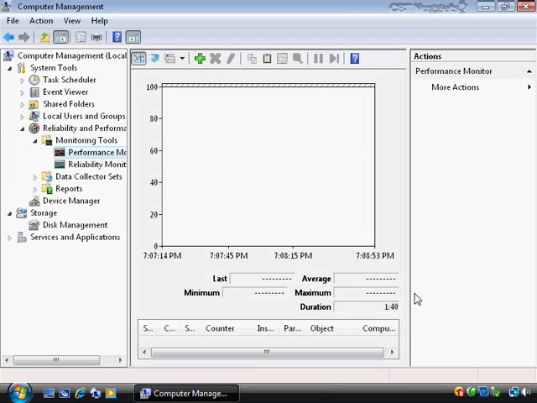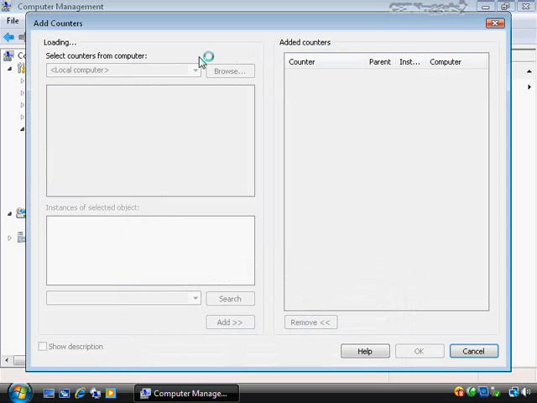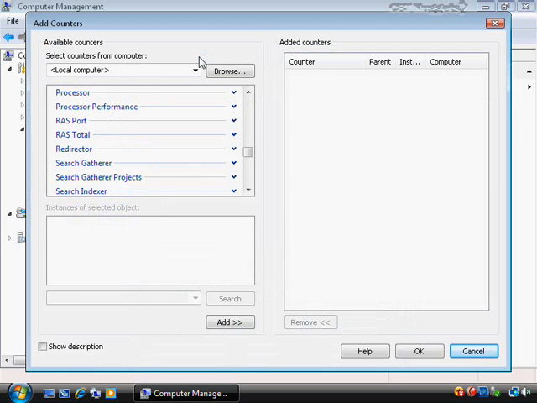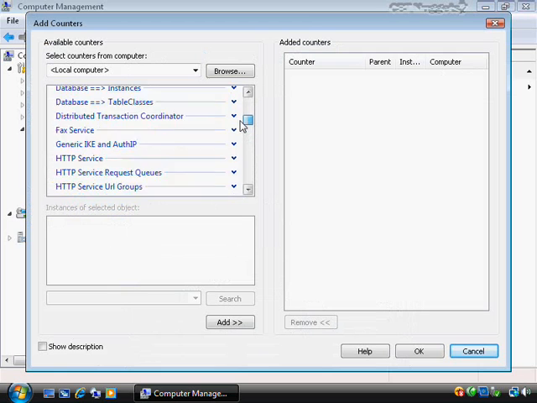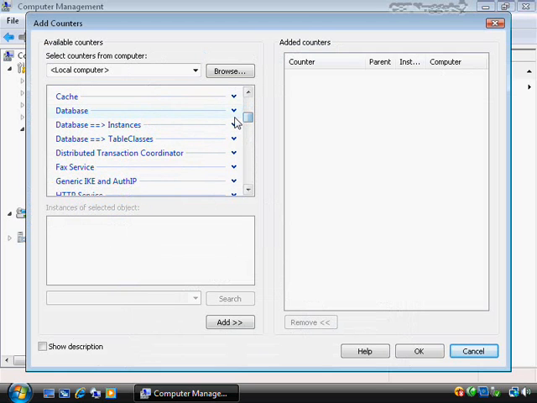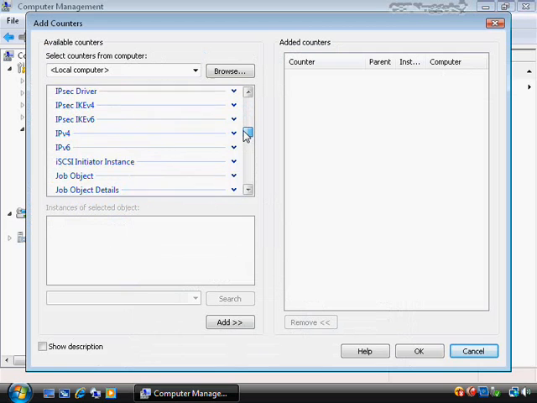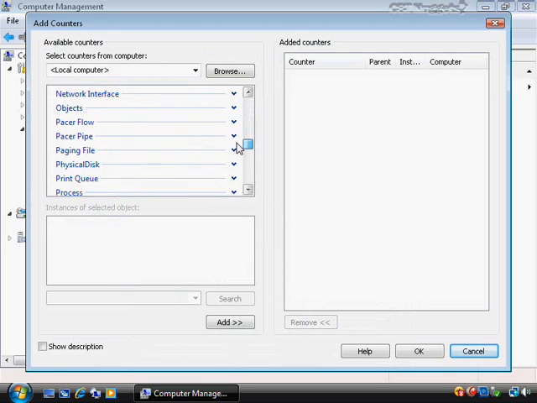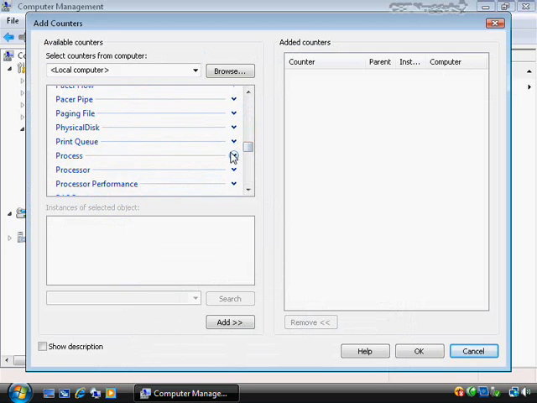Now, of course, there are dozens, if not some number of hundreds of different counters that you can add into this. So I'm not going to exhaust every one of these counters, nor is it our objective to describe each one of them, because time would fail us for sure. However, you'll see here that when you click the plus sign, you get a whole bunch of different things to pick from. Some of these have more common usage than others. Some are a little bit more esoteric or a little bit more obscure in terms of when you would ever actually use these. But I'll show you probably some of the more common ones that might be of interest to